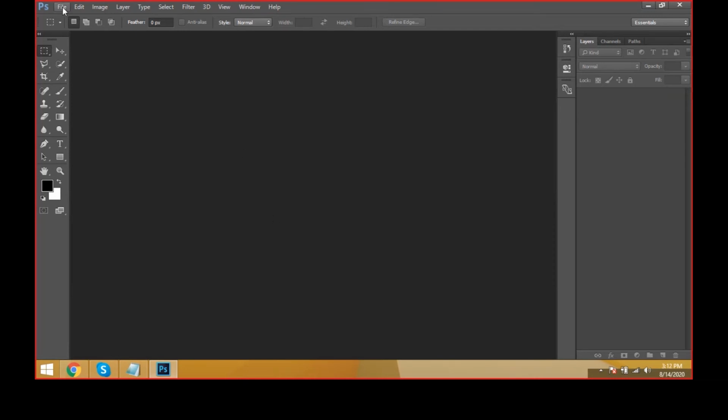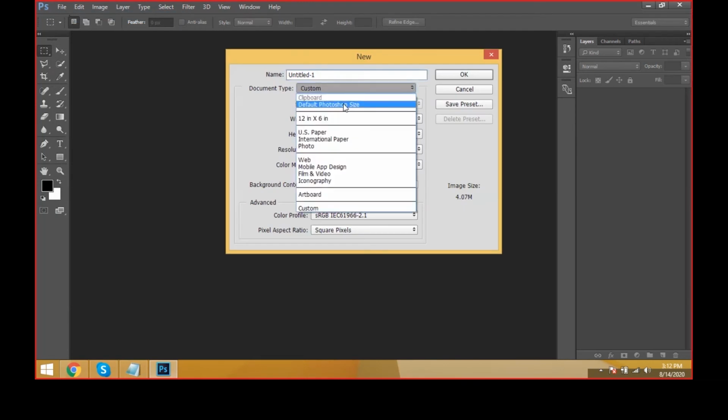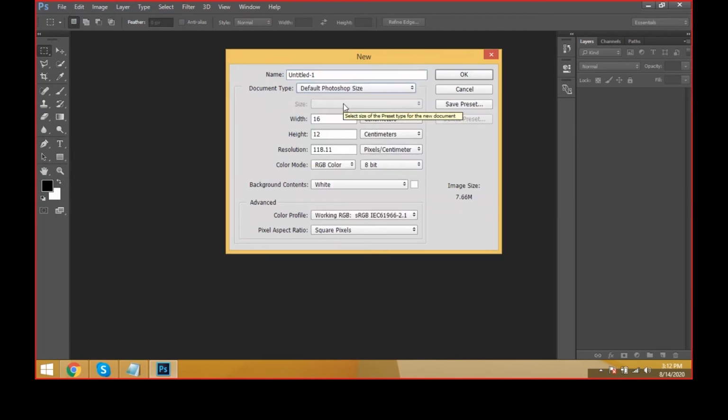Okay, File, New Document, and come to here, the default Photoshop size. Yesterday I already explained all these things. You can take inches. I always keep pixels and inches only, based on the requirement of the client analysis. Then we can keep centimeters. As per design requirement we can also change the units, like millimeters, points, like that. But first of all I'm just keeping inches here.